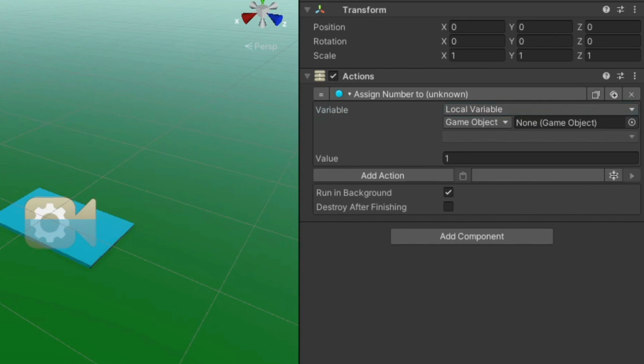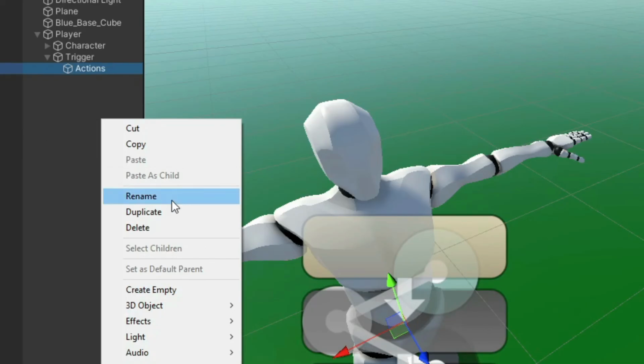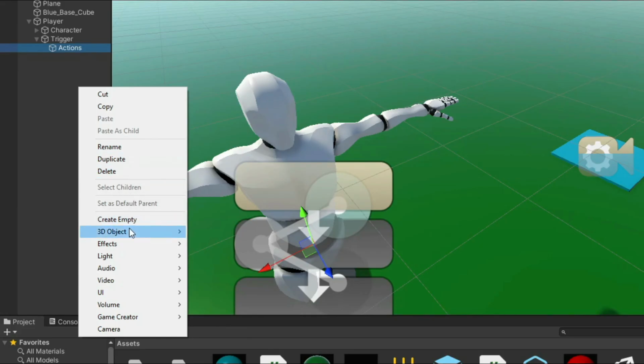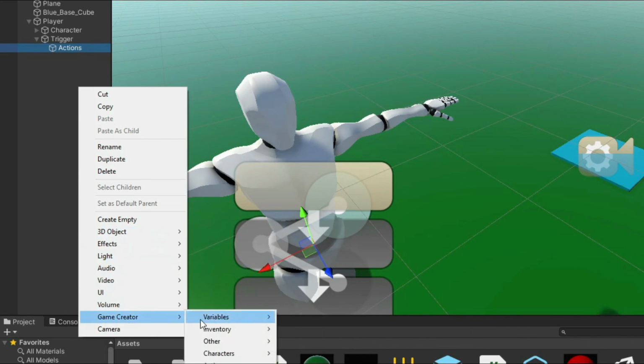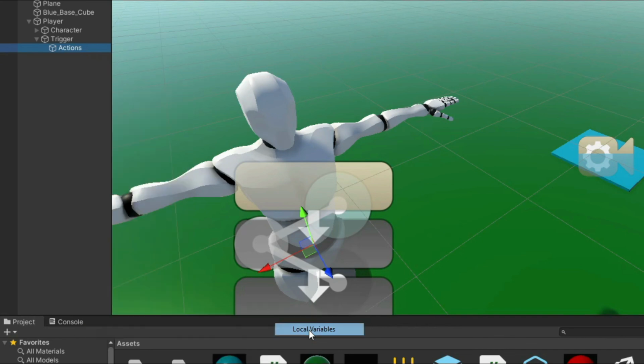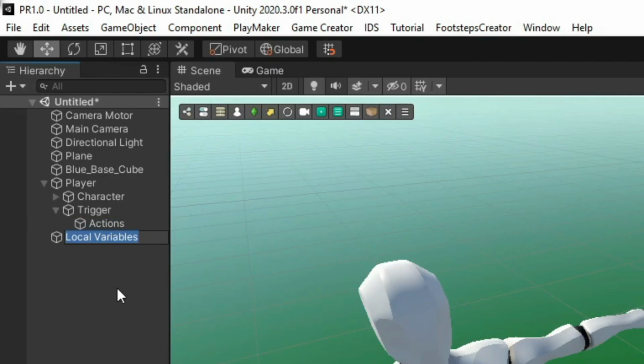Just right click, it's really simple, in the hierarchy over here, and go to Game Creator variables, and you'll see local variables right here. We can leave this as local variables. You can name it something else, but I like it to say local variables, or local variable if you're just going to put one in there. But you can use this